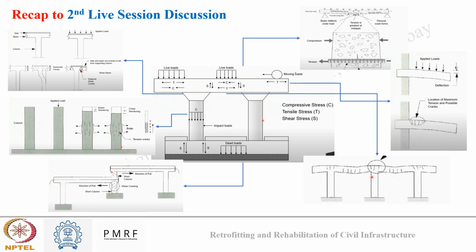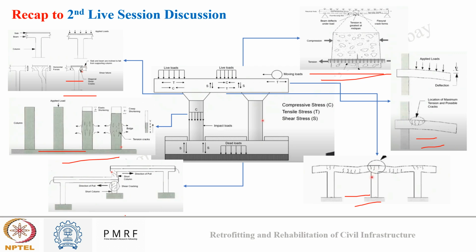Okay, so we first saw the simply supported member, then we talked about the cantilever member, then the continuous member, then the beam column joint, and then columns. For each of them, we saw how stresses are generated, how distresses happen, and how to prevent